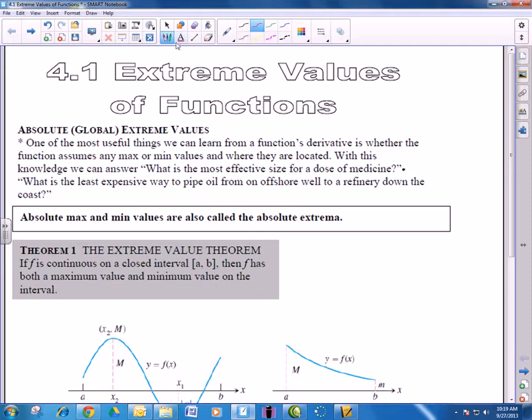All right, in this set of notes, we're going to be taking a look at extreme values of functions. So in this next section of notes in Chapter 4, we're going to be looking at applying the derivative. In Chapter 3, the chapter before this, in all those notes, we learned about how do we find the derivative